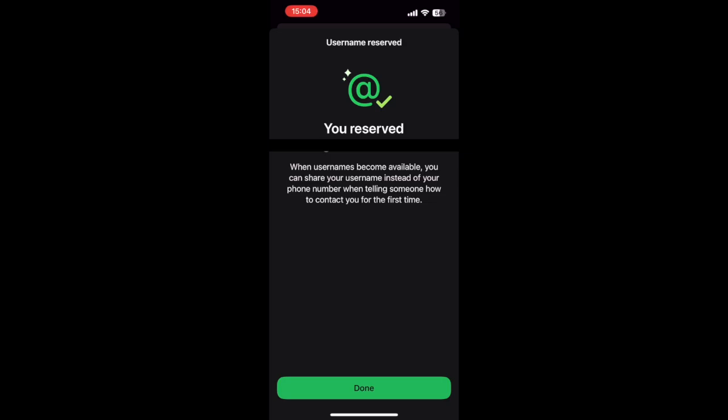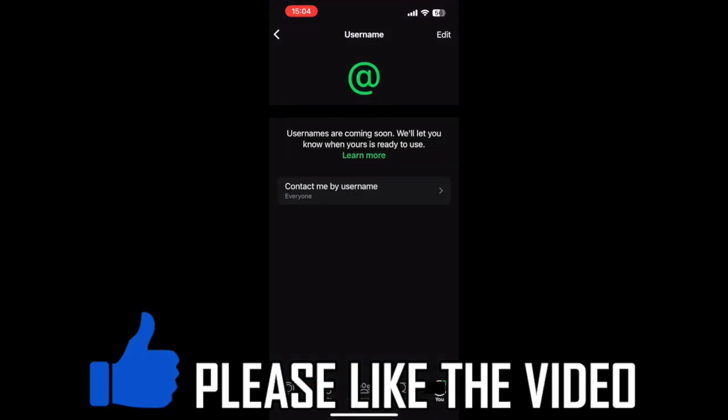Then you'll get a message that looks a bit like this saying your username is reserved. You can click done. So if you want to know how to change your username or delete it as well,